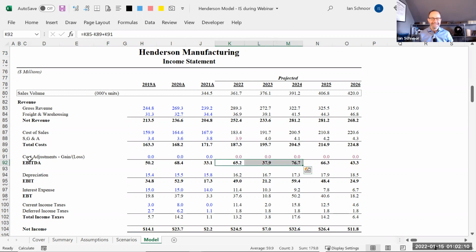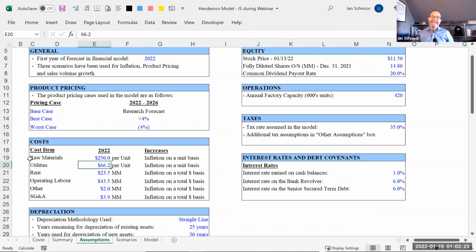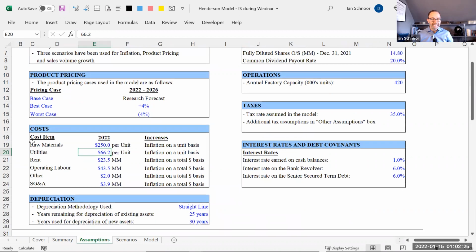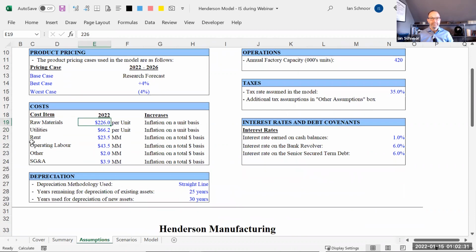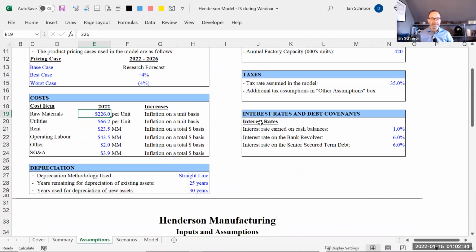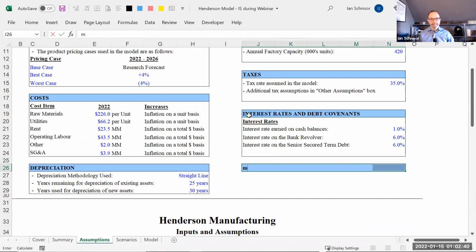My point is, some people will say, Ian, every time I change an assumption, I need to jump back and forth to see what that is doing to the forecast. What's that doing to the EBITDA? And I get that. That makes sense. When you make a change in your assumptions, it's really nice to see right away how to manage that. Well, one way to see the answers is very simple, is just to build an output box right on